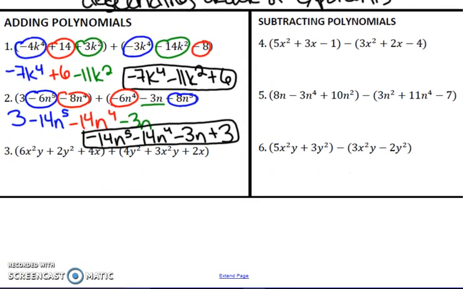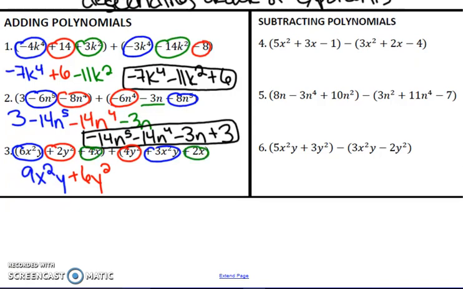Now, if we look at example 3, we have multiple exponents within the same terms. That's okay. We're still going to combine them the same way. I have 6x squared y, so that means my other term has to have an x squared and a y. Well, I have a 3x squared y, so that gives me 9x squared y. My next term, I have a +2y and a +4y, gives me +6y squared. And then last, I have a +4x and a +2x, which gives me